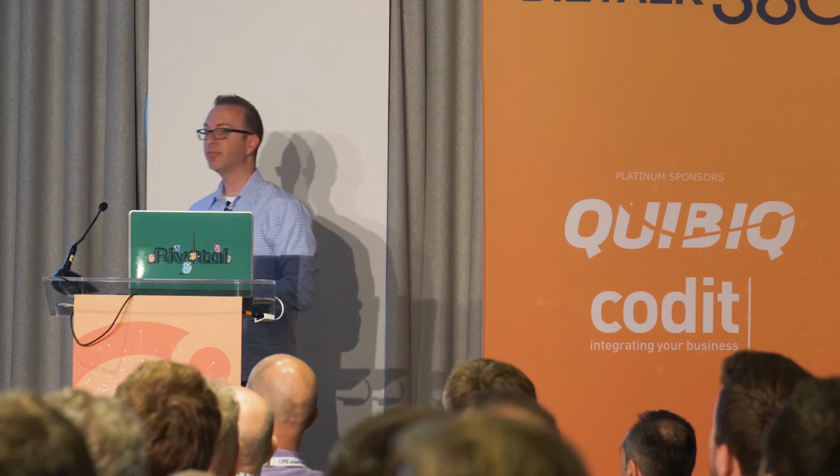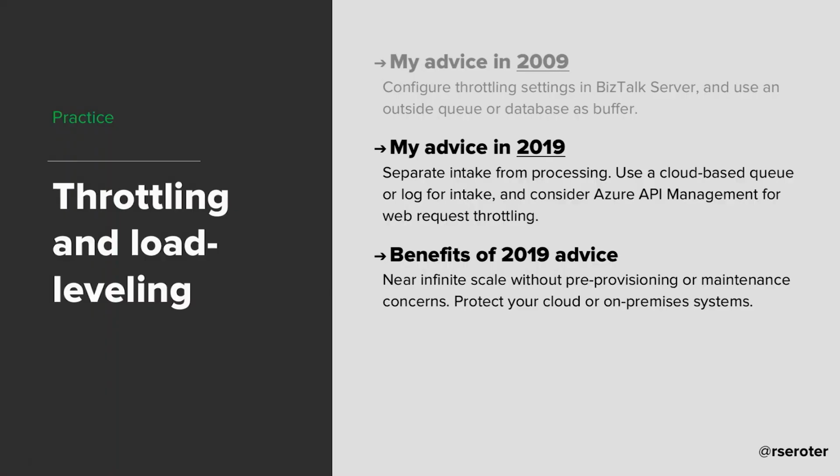Benefits? Yeah, almost infinite scale with zero pre-provisioning. I mean, that's great. Now, with Event Hubs, you have to pick partitions and things like that. Service Bus, I don't believe there's anything you have to do ahead of time. Just beat it up. And so that's much better than on-prem, where all of us have sized all the hardware for the peak that happens once a year and it sits at 1% utilization the rest of the year. Maybe we can stop doing that. And instead, for the really heavy intake stuff, I can use the cloud to buffer it all, and then I can just keep on-prem doing what it's supposed to do.